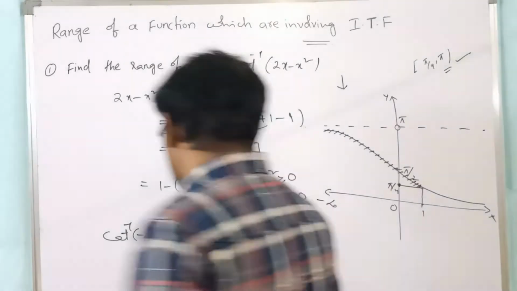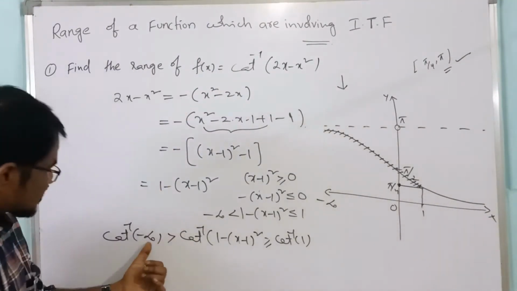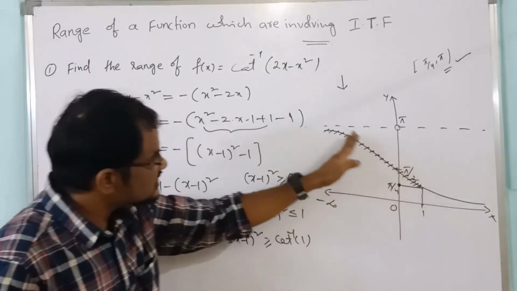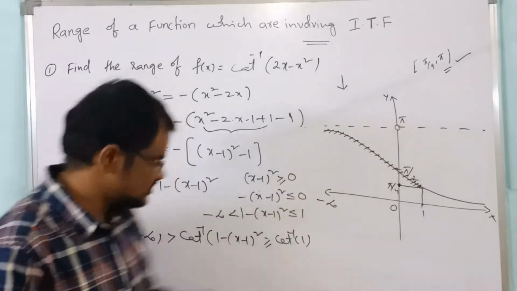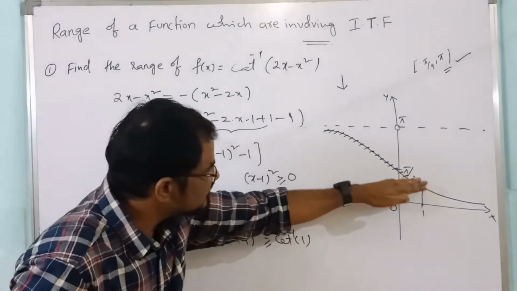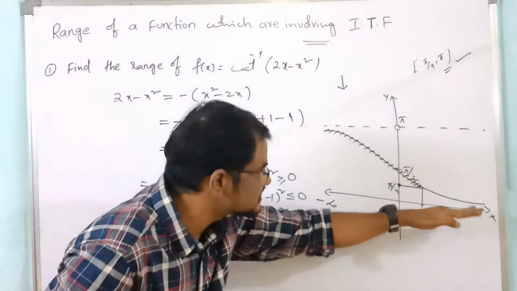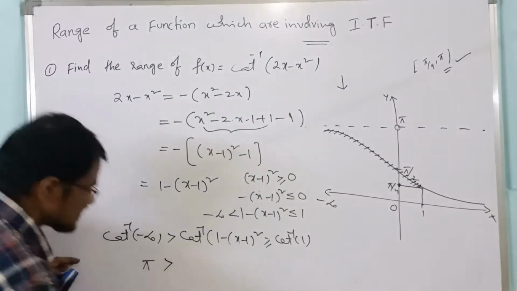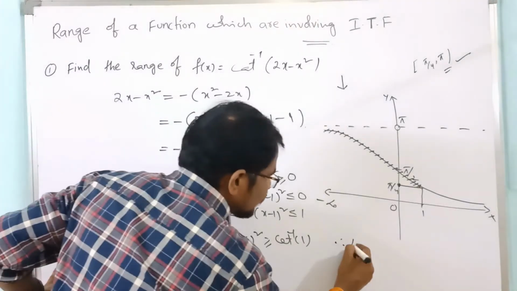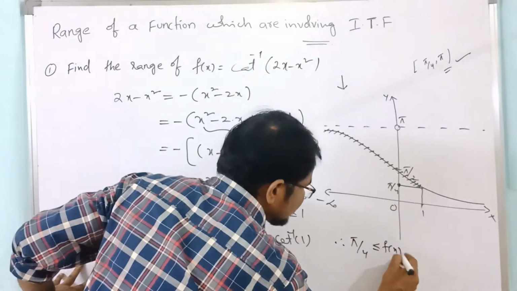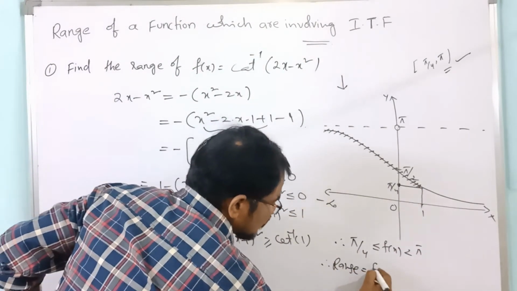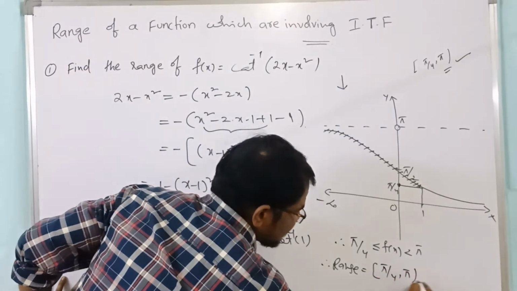So that's why here what we have to take is nothing but cot inverse of minus infinity. Whenever x approaches minus infinity, cot inverse x approaches what? Pi. Right? So that's why here we have to take pi. Understand? Whenever this approaches minus infinity, this function approaches what? Minus infinity. This is a decreasing function. So pi less than, this is f of x greater than or equal to pi by 4. So therefore pi by 4 less than or equal to f of x less than pi. So what is the range of this function? Closed interval pi by 4 to open interval pi.